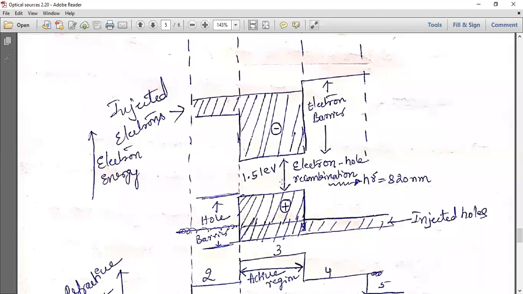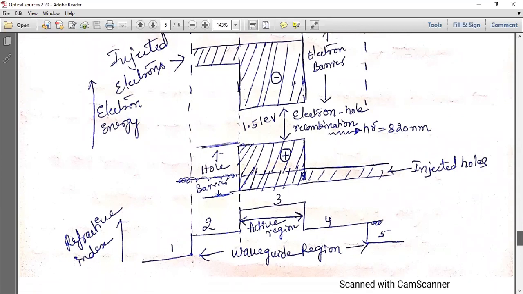So in a double heterojunction, the light may be generated from this side also, and from this side also. Whatever is here will just recombine, the photon is generated and the light will come out, but it will not again recombine. If it is a homojunction, there are chances of spontaneous emission occurring again, and chances of amplification are there. So the double heterojunction structure is useful for stimulated emission. If we are using a single heterojunction, one side will be like this and the other the same, so there are chances of recombination again, which is not required in the case of LED. That's why it's used. That is one diagram.